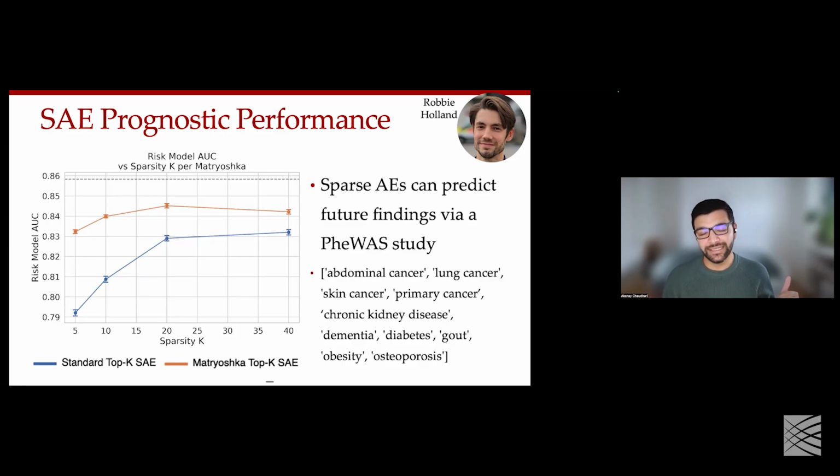Our inputs were a set of different sparse features that we're able to learn from Merlin and the ICD codes. And the outputs were all these particular target diseases that we wanted to predict. And it turns out that using these sparse autoencoders with a few different approaches, we're actually able to get relatively good discrimination between patients who will progress to these diseases and patients who won't. So this is just some very early work from the group, trying to take these multimodal foundation models that exist already and apply them more in a discovery setting rather than a diagnostic setting.